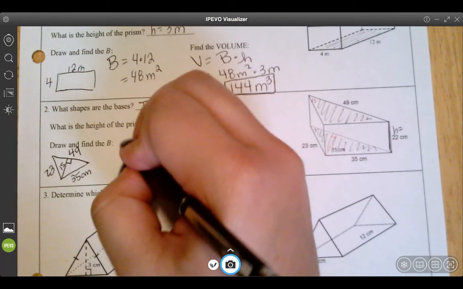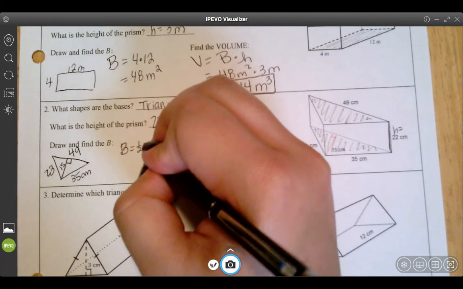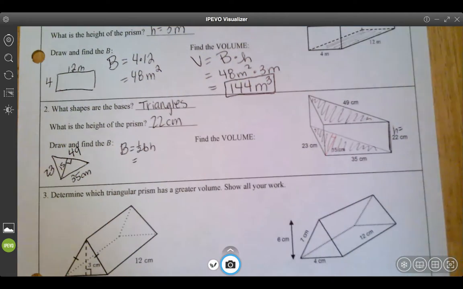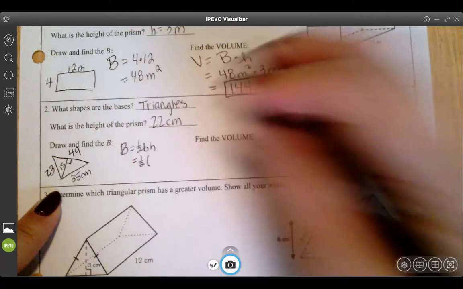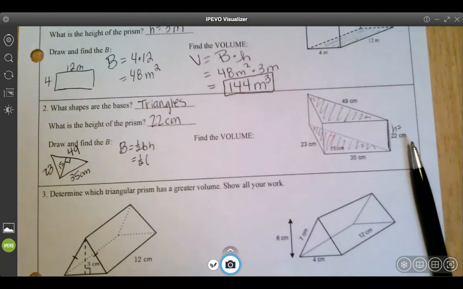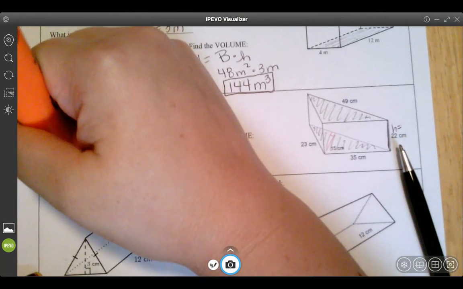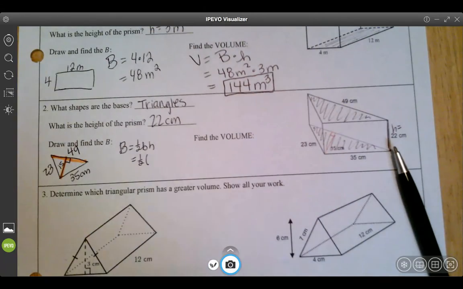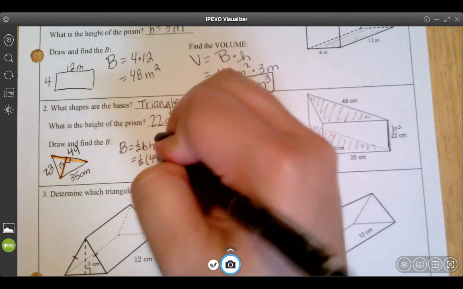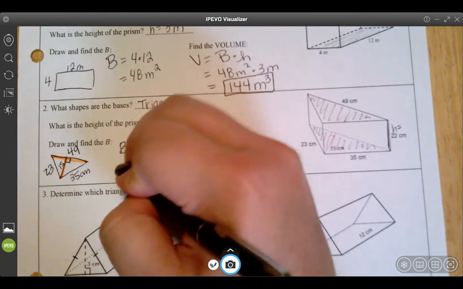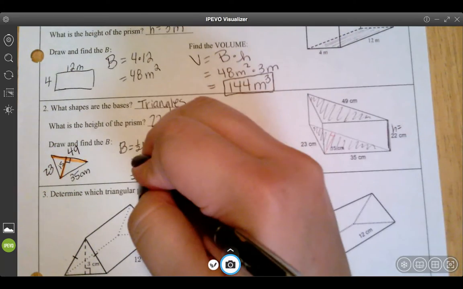So to find the area of this triangle, we're going to use 1/2 base times height from our area of polygons. Our base and height have to be perpendicular to each other. So we can use 49 and 15. 1/2 times 49 times 15. Put that into the calculator. We should get